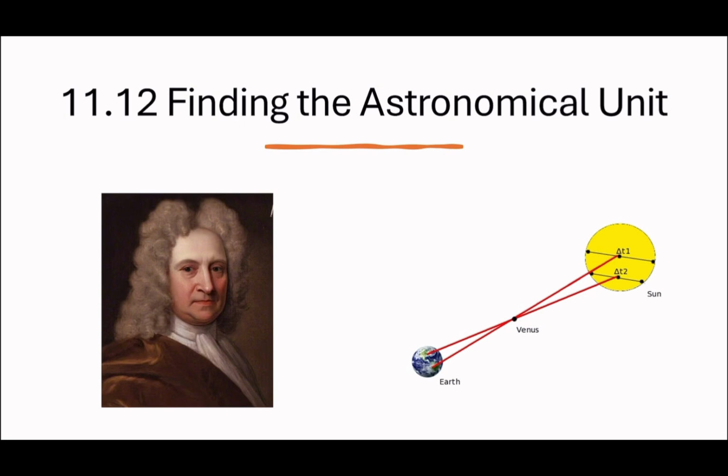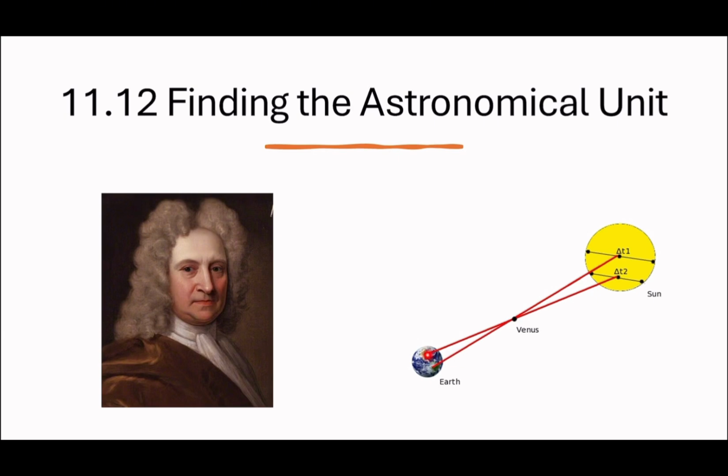So this guy called Halley, he managed to find a distance between the Earth and the Sun, the astronomical unit. And he did this using the transits of Venus over the Earth. So a transit is when a body moves past another body. And he got observers of different latitudes